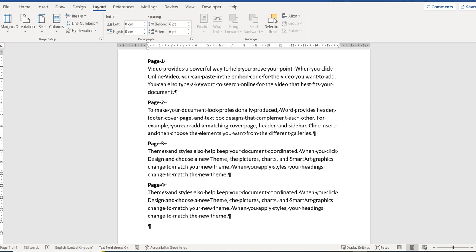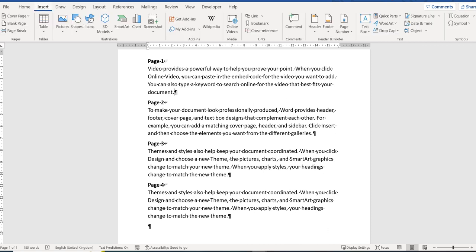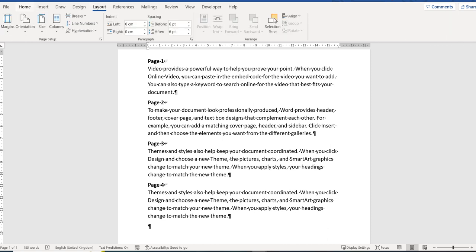Alright, so for this purpose I've created 4 pages, or should I say 4 paragraphs. I've called it page 1 to 4 for demonstration purposes. So let's go and insert first of all what we call the hard page break. There are 2 places to do that. On insert you can click page break, or in layout we have our page setup and we go to